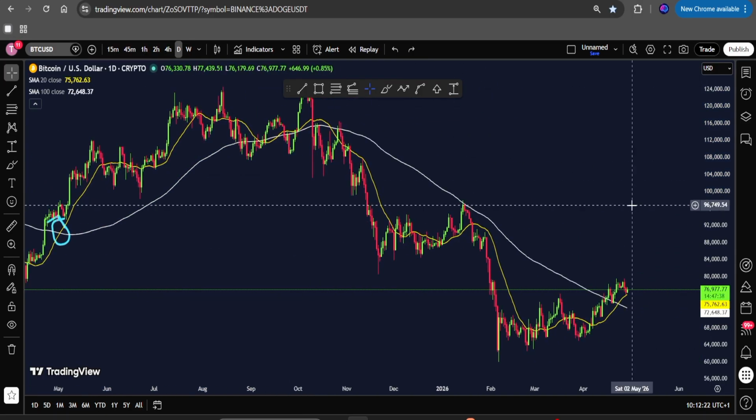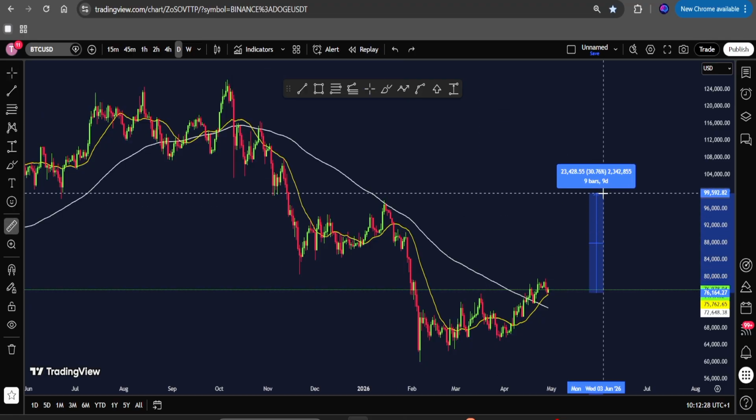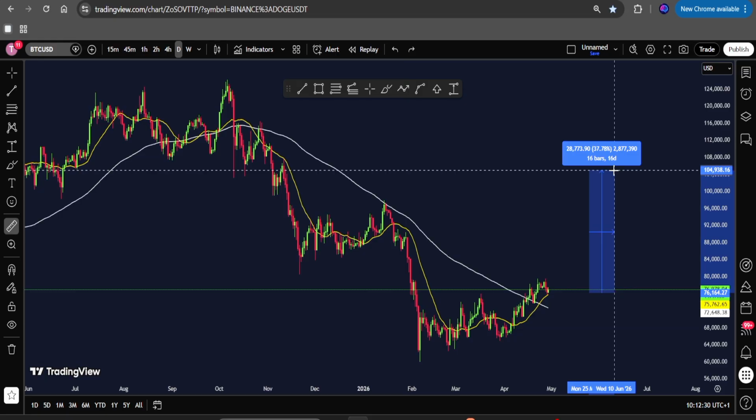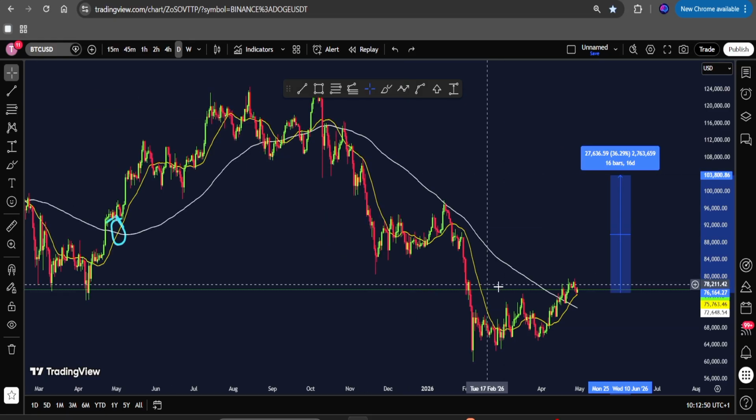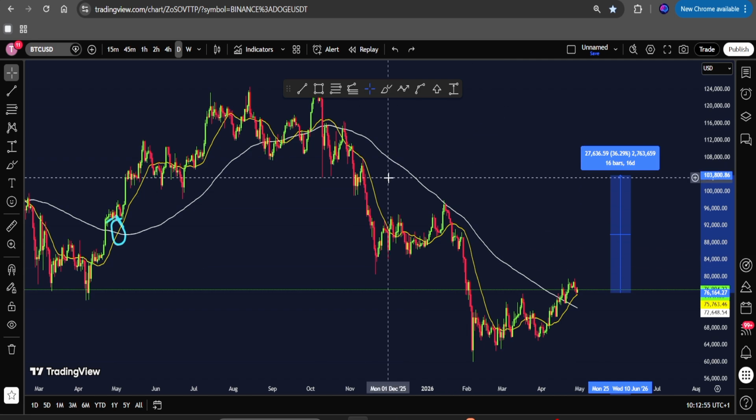So if history should repeat itself, and if we should see a major pump of about 35% here on the daily time frame, then we should be looking at a price target of about 100k here on the daily time frame. With that being said, despite this bullish signal happening on this current price chart,